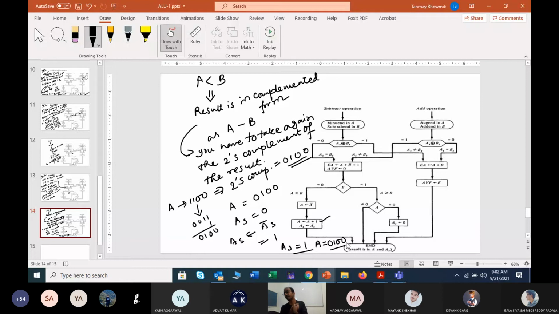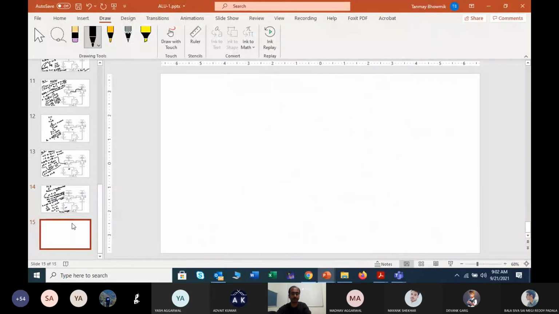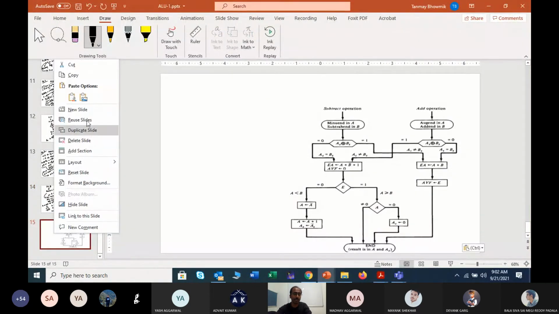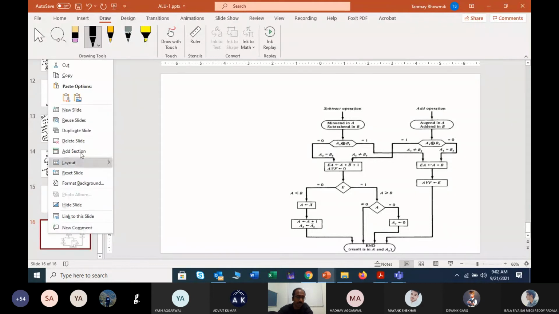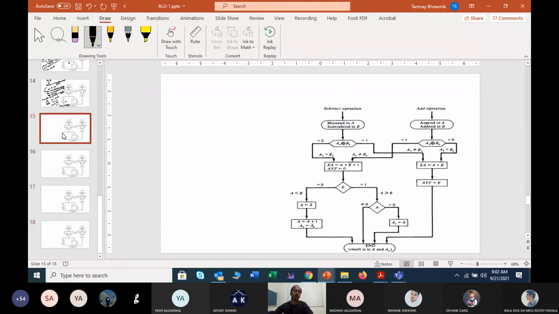So now one more example you can keep in your mind, that is both negative numbers. That means you are trying to perform the addition operation, but in that case both the numbers are negative. So that thing also we can discuss, right? We can also take this example. If so many examples are being considered, why not that one? So we can take this again, and I'll just make a duplicate of it. Okay, so right now we will say this is our example 4.